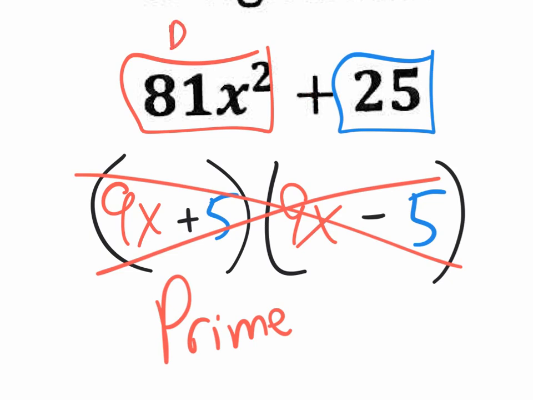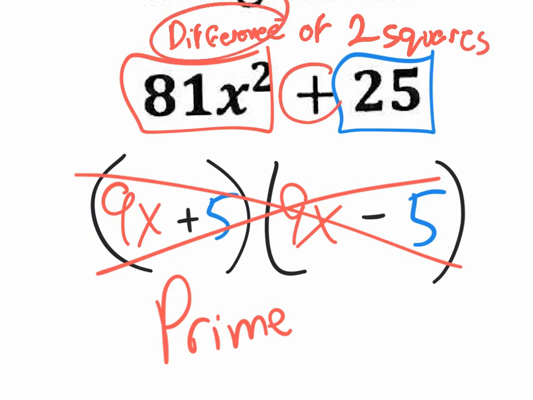It was called Difference of Two Squares. Now, difference means subtraction, not addition. So the only way you could do the difference of two squares is if there's an actual subtraction right here. Anyway,